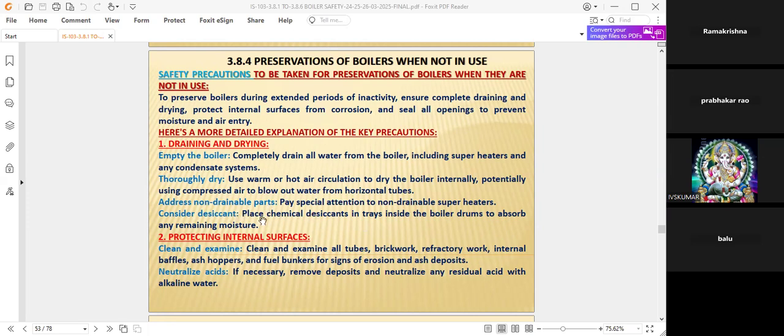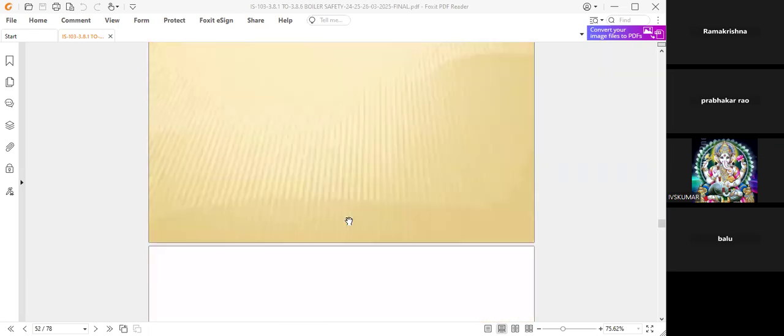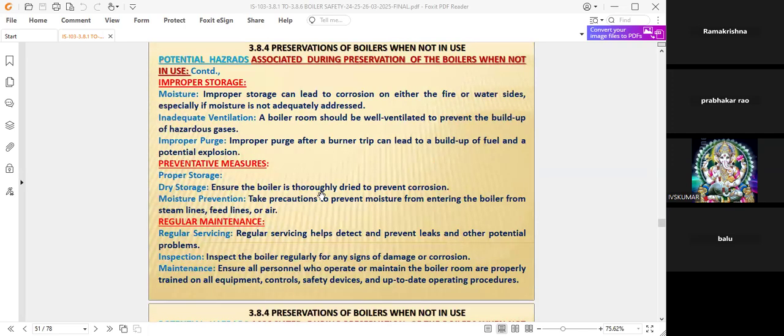For example, I told you yesterday we discussed some chemicals to be added after draining out. We have to add some chemicals to protect a layer, a phosphate layer, so that corrosion does not take place. Yesterday we discussed that point also, for taking care of the phosphate layer. Okay. Then coming to this